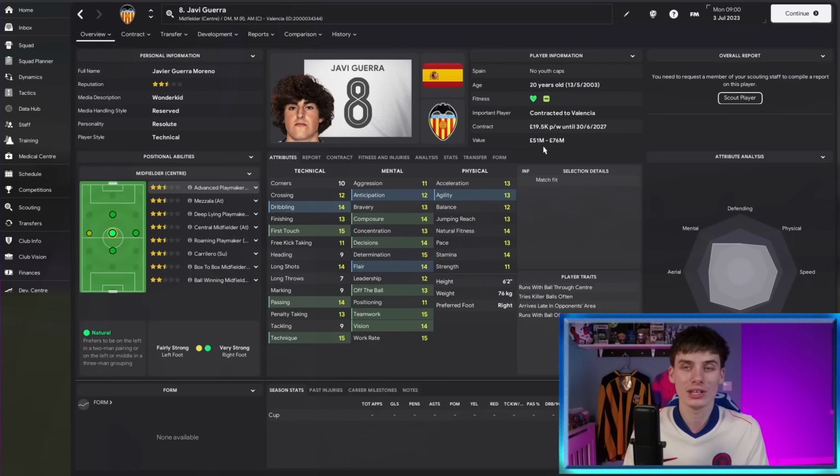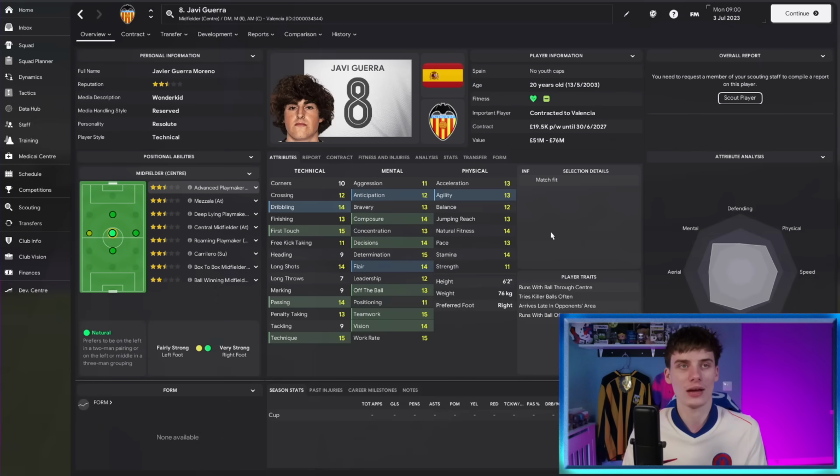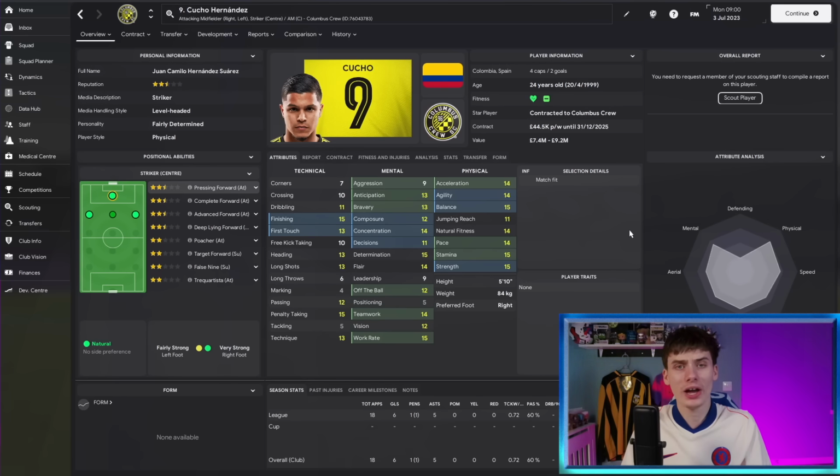Don't worry, you can get him a little bit cheaper than that. If you got him for, say, 60 mil, I still think it's a bargain for how good he is. Obviously, one for the more expensive teams, but I had to point him out for how well he did for me. Then there's Cucho Hernandez, a player that I hadn't really signed for ages until I did a Leicester rebuild,